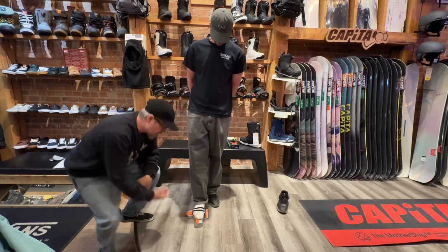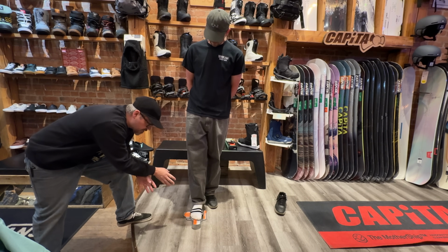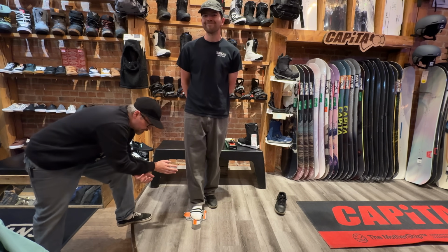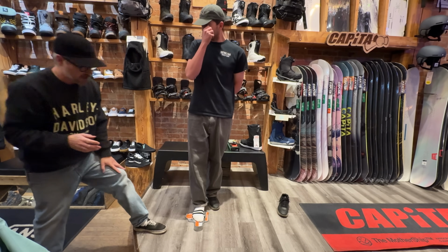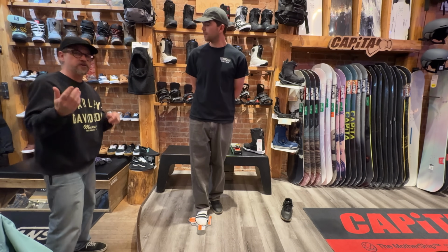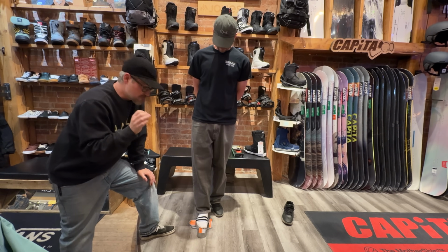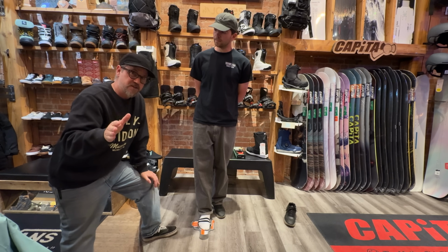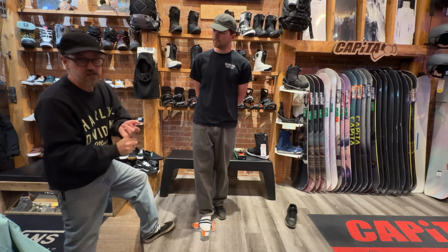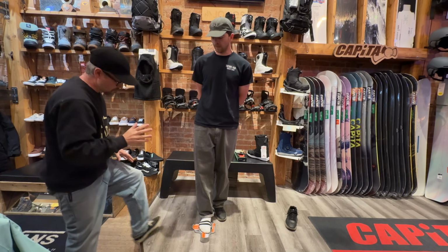Also, ours doesn't have the Mondo setting, which is good and bad. We're set up in US sizing, and for the most part that's going to be fine. I have another Brannock around here somewhere that will have Mondo, which is more in centimeters, where you can really just get the finite measurements you may need, especially when I'm performance fitting somebody that's racing a lot, a bank slalom, anything like that. That's when we'll get into those centimeters a little bit more, but...